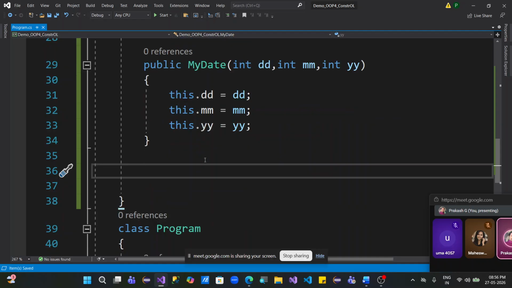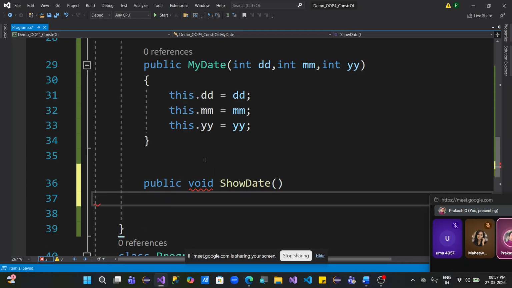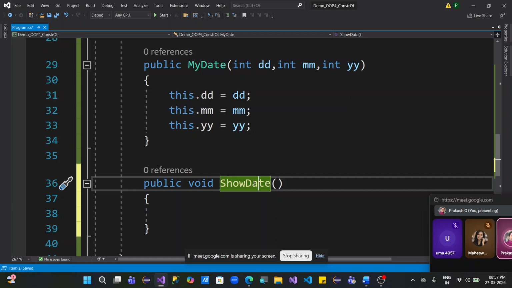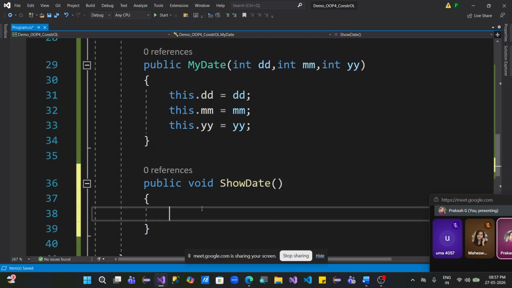So we are writing a method called ShowDate, public void ShowDate or DisplayDate. You can write anything. I'm saying it as the ShowDate method, our own method, guys. As per the naming convention, every word's first letter should be capital, so I'm giving ShowDate with S and D capital. So Console.WriteLine, I'm giving "Date is"